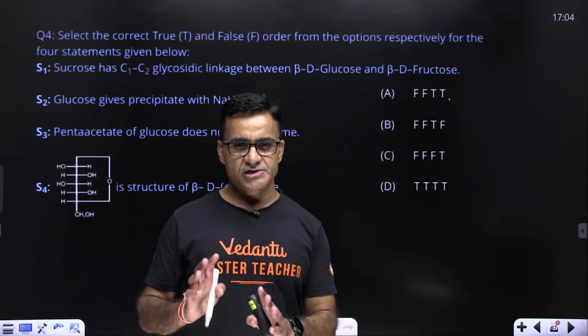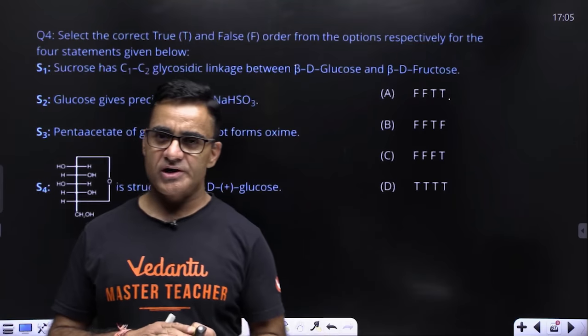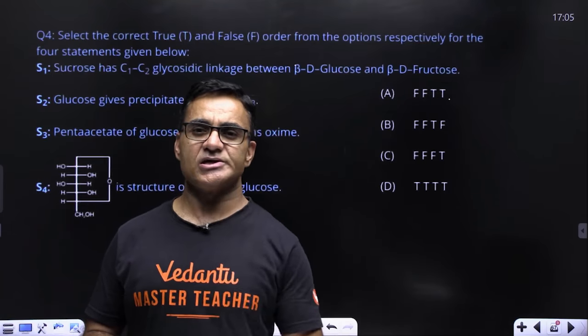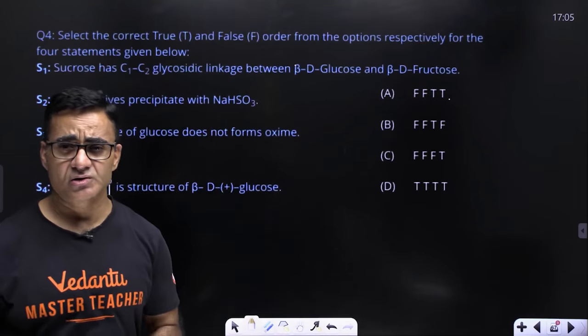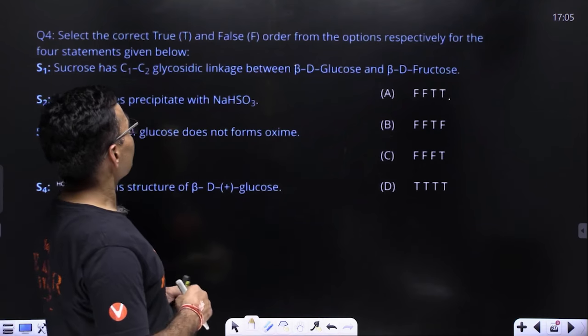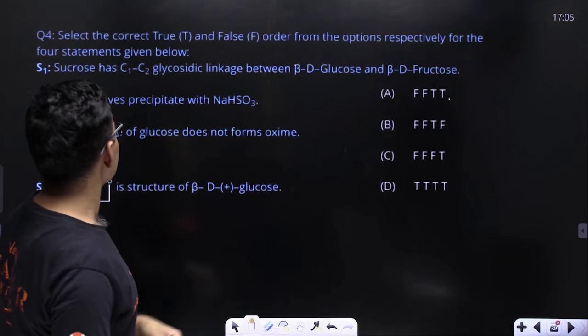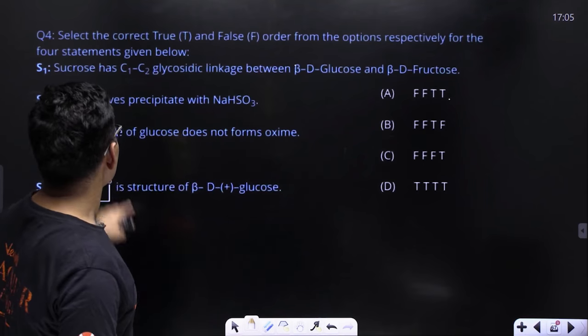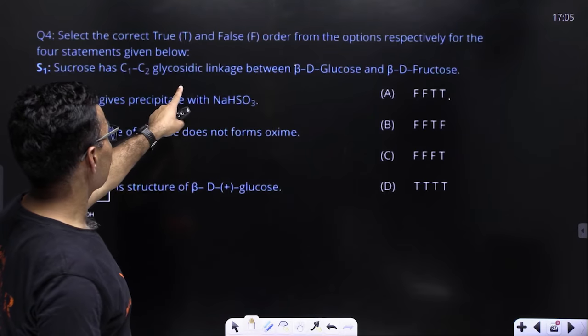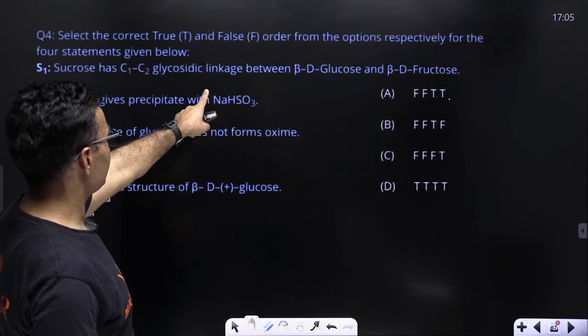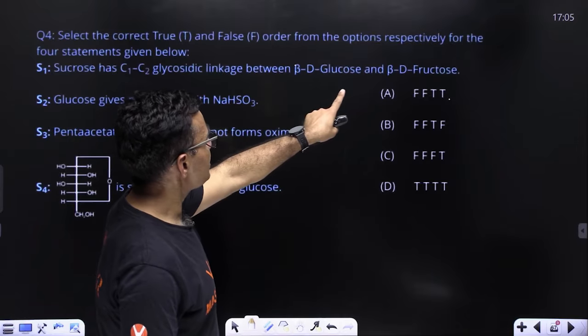This question is actually from the chapter biomolecules, कार्बोहाइड्रेट के बारे में कुछ प्रॉपर्टीज दिया हुआ है, उसको आपको पढ़ना है and find out how many statements are found to be correct or incorrect. Select the correct statement and false statement from the following four statements. First one is sucrose has C1-C2 glycosidic linkage, यहां तक ठीक है, between beta D-glucose and beta D-fructose,